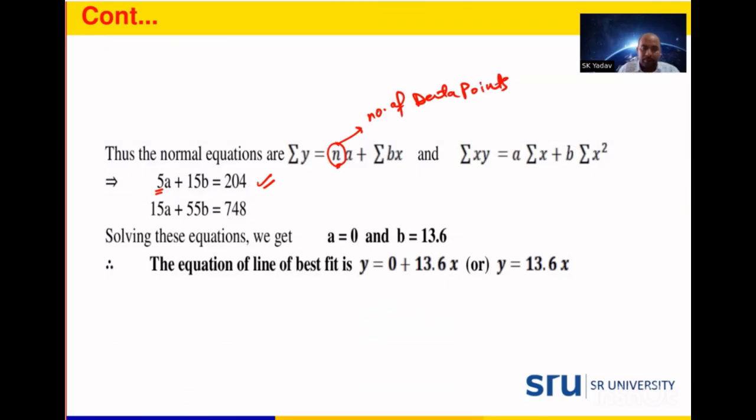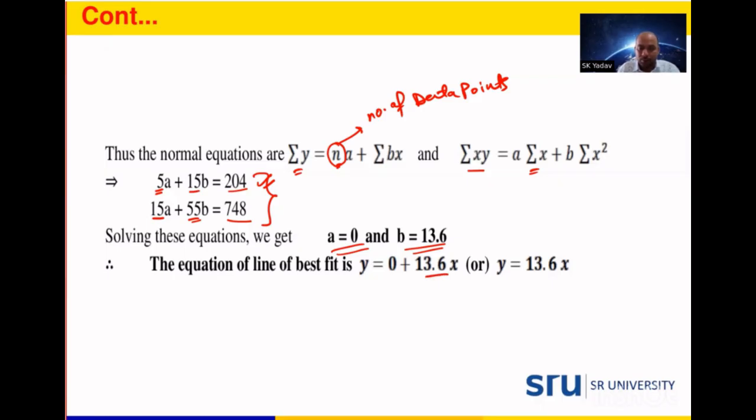So these are given as 5, and this 15 is the summation of x, and 204 is the value of summation y. Summation xy is given as 748, and then summation x again 15, and summation of x square is 55. So by solving these two equations, I recommend everybody to use a calculator to solve this system and check whether you are getting the same value or not. If not, practice it or understand how to solve a 2 cross 2 system or 3 cross 3 system using a calculator. Okay, so after solving this, I got A equal to 0 and B equal to